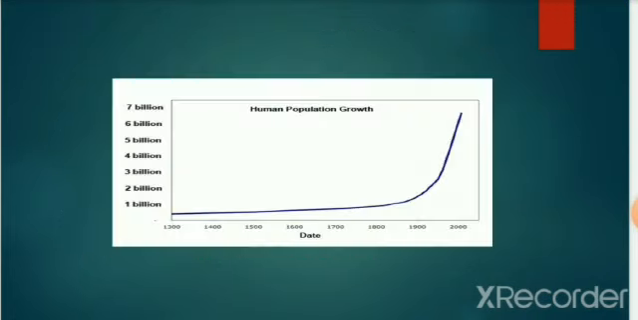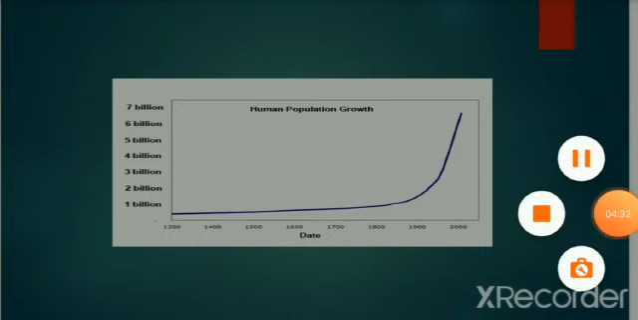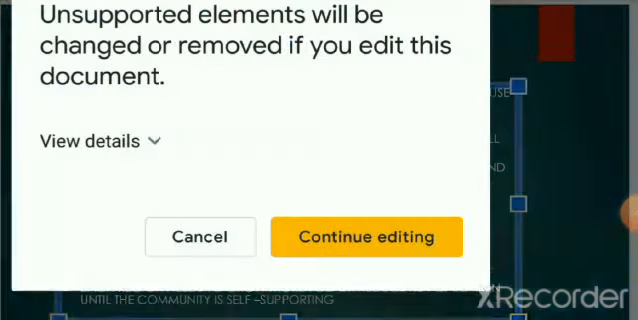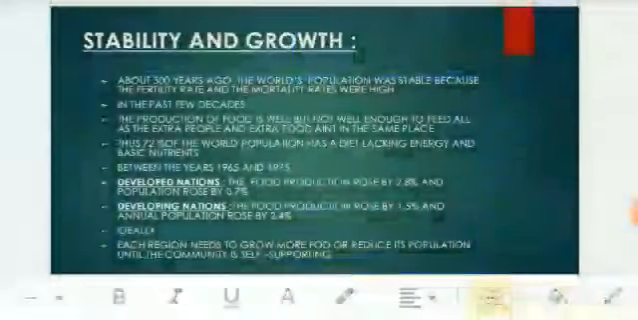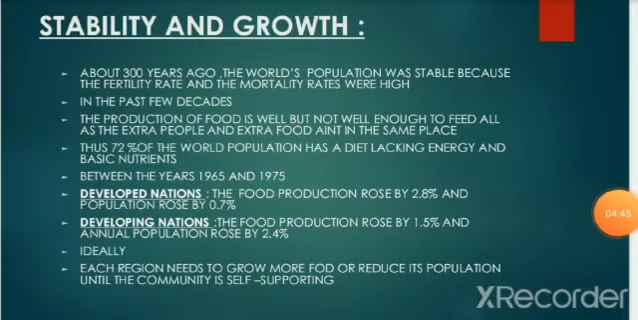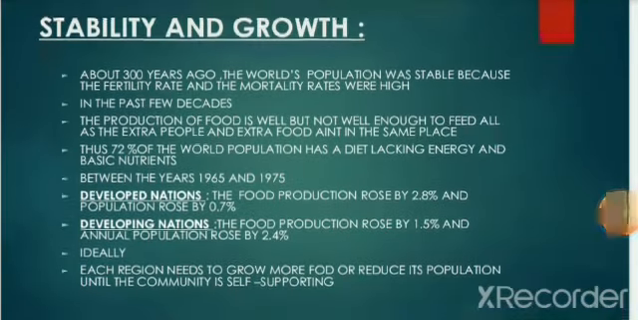The graph here shows that the human population has been increasing rapidly in the upcoming years. Stability and growth. What is stability and growth when it comes to population? It means that the fertility rate and the mortality rate are equally high. They are basically equally high, and if we